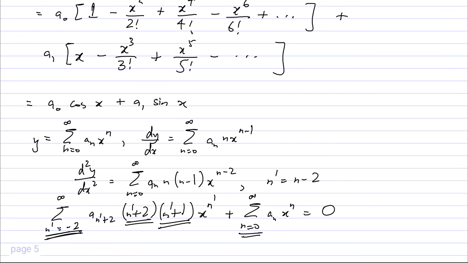So you might as well start this sum from 0. Okay, and of course you get exactly the same thing. Okay, and just to make this sum appear even closer to this sum, you relabel the summation index in this first sum from n prime to n. Okay,